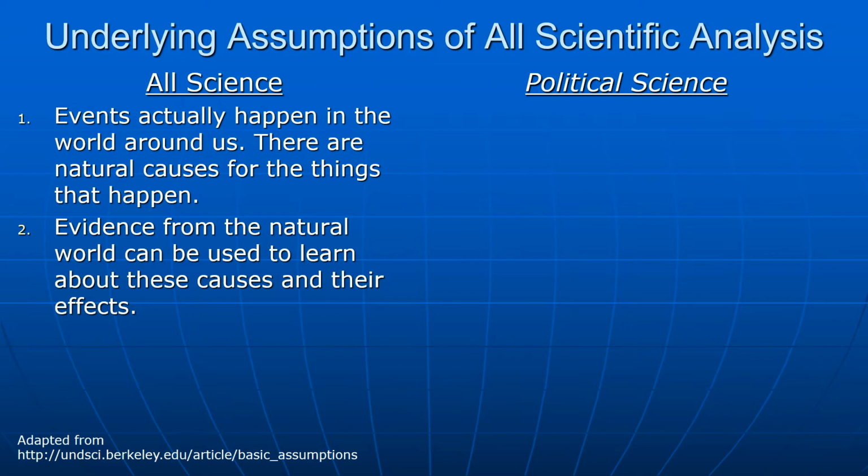We can look at the events and say, I think this is likely to be the reason that this happened. Climate change is a great example of this, because people who study climate change say, we see this happening, we're going to measure this set of temperature changes or sea level rises, and some of the causes can be identified in the natural world. So they measure things going on in the world, and then they attribute the effects that they see, the changes in climate, to the causes they've identified as well. This happens in all kinds of science, not just climate science.